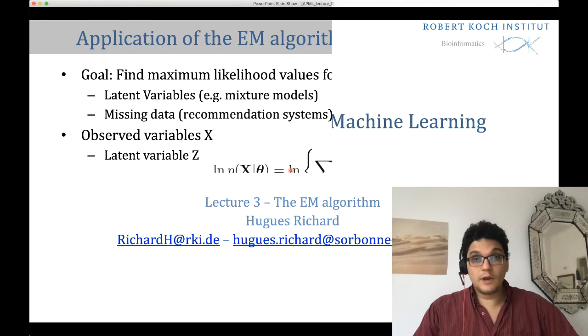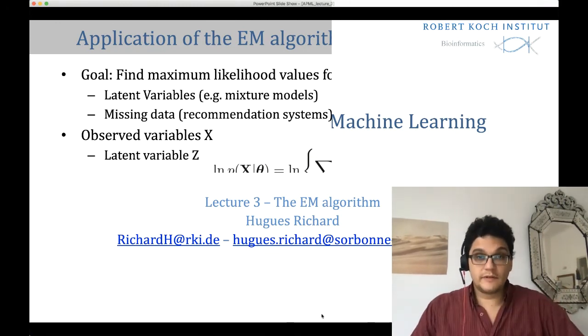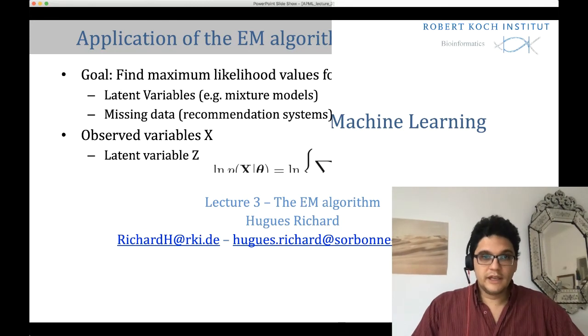And that's what the EM algorithm is solving by proposing an iterative way of maximizing this value. So finding values of theta which are maximizing the likelihood of X given the parameters without having to enumerate over that. And we saw that for the mixture model last week. And it's the same framework when we have missing data.